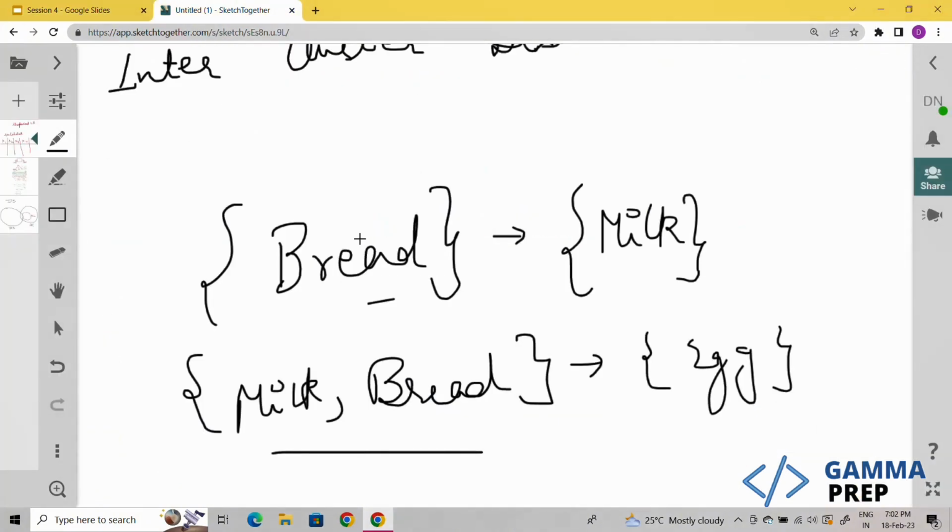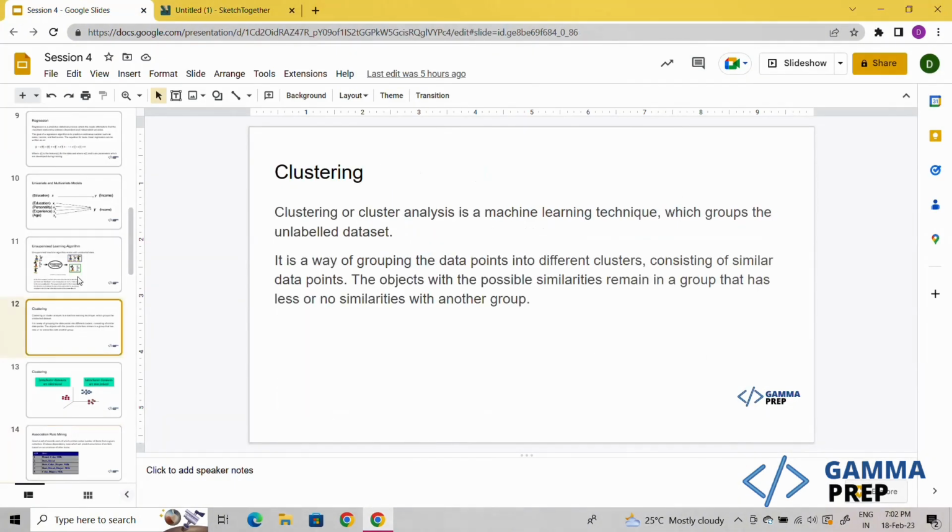Now the next question would be, what is the advantage of these association rules? Why do we need them? There should be some application, right? Obviously, the application of clustering was that I want to divide the students into 3 batches, because I can't control 10,000 students in one batch. It's going to be too much. Many students won't understand. Some students would be fast, some would be slow, some would know something, some won't know anything. So I'm trying to divide them into 3 batches so that I can teach all of them at their pace. So similar students would be in one group.